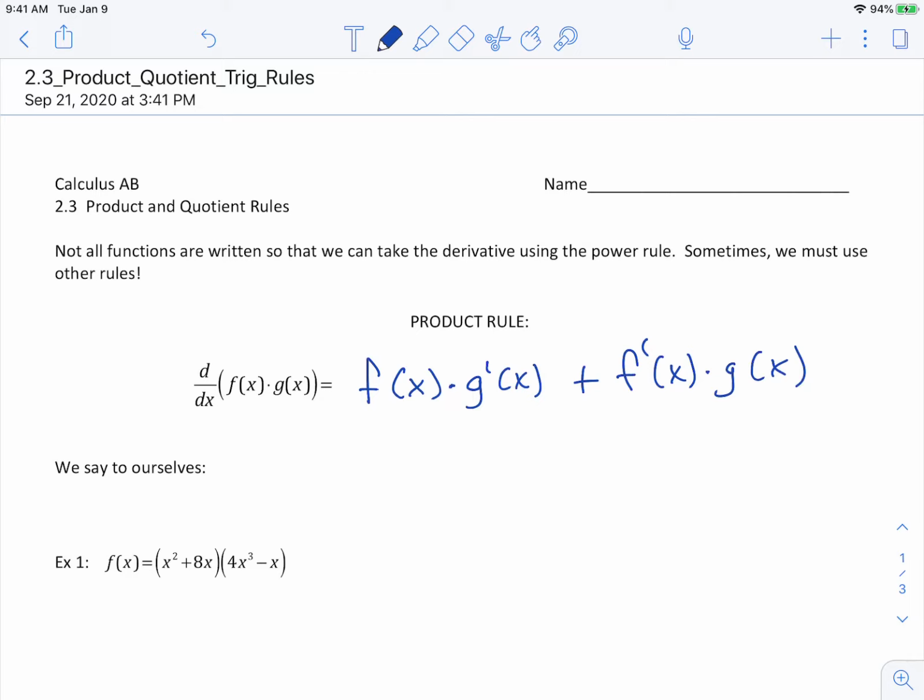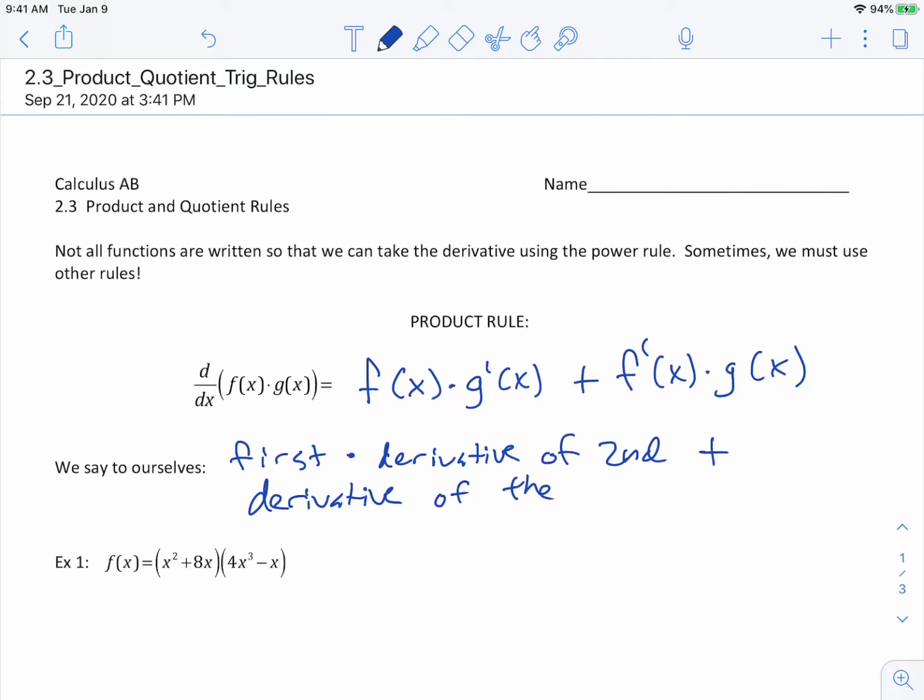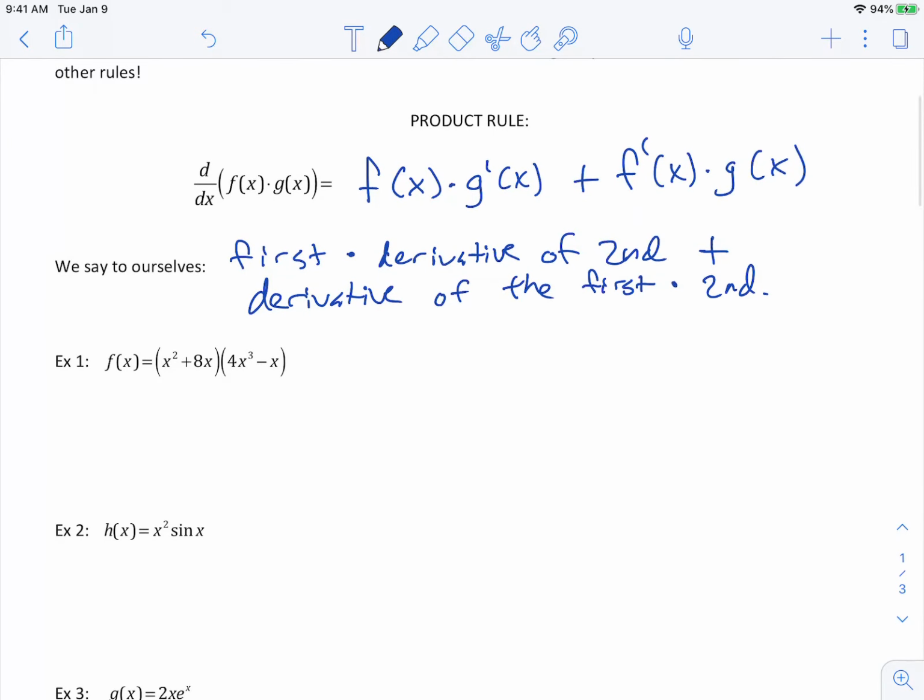Okay, so in other words, you take the first function times the derivative of the second, plus the derivative of the first times the second function. Okay? That's the product rule. So you can use that now to take derivatives of problems, for example, like this one